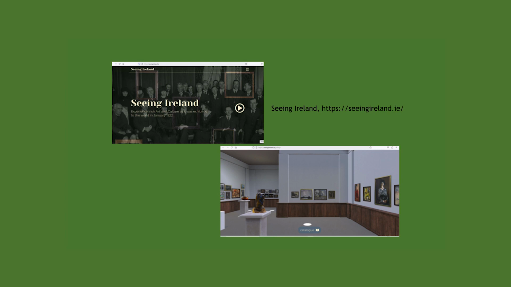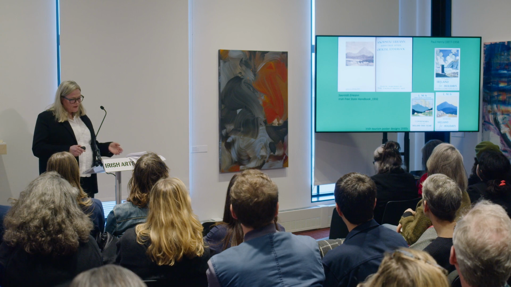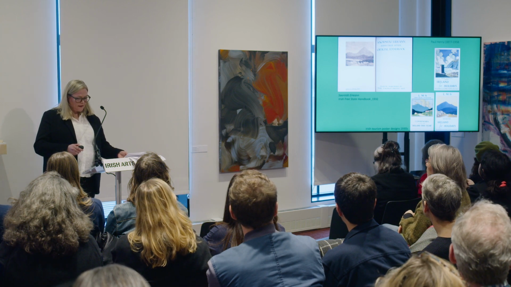So you can see the type of artwork that was actually shown at the time. And then also, to show you this type of imagery, I find this a fascinating idea. In 1932, the government published what was called the Irish Free State Handbook. I don't know if somebody asked you guys to sit down today and write me a handbook of America today, what would be in it? But that is exactly what they did.